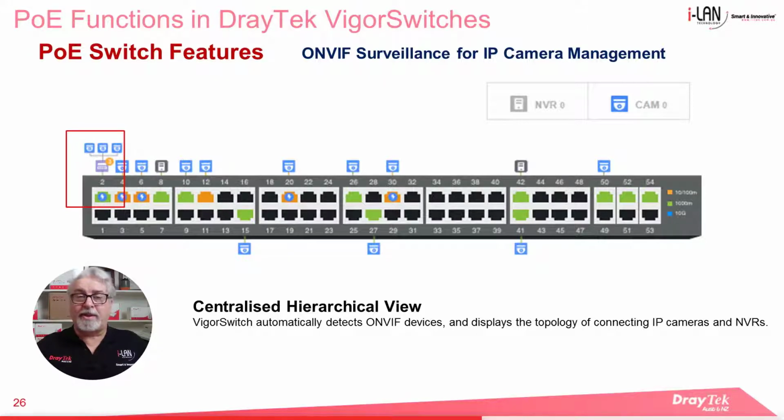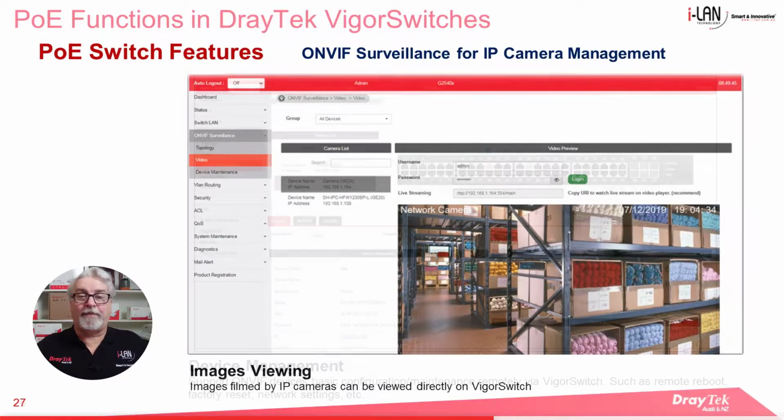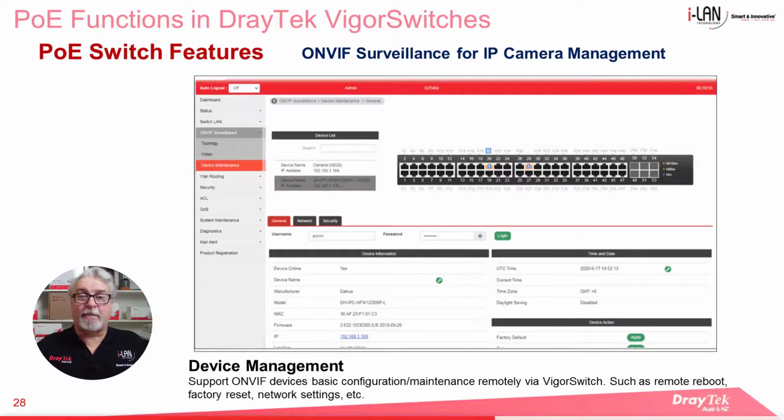On port 2 in this example, we have 3 IP cameras connected behind another switch which is connected to this port. Images captured by IP cameras can be viewed in real time directly from the VigorSwitch menu page, as shown here under ONVIF Surveillance Video. It also allows the network administrator to monitor and control environments without having to log into each IP camera or the NVR. In the device maintenance submenu, the system administrator can remotely configure time settings and reboot the devices managed